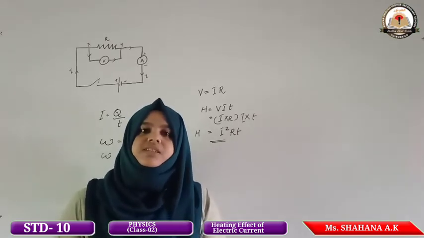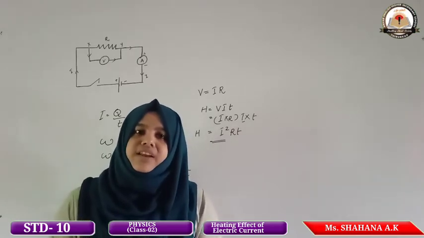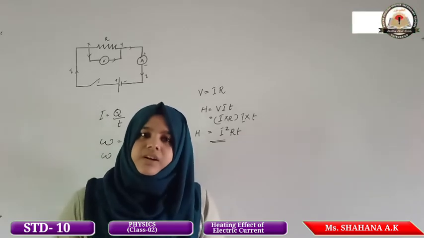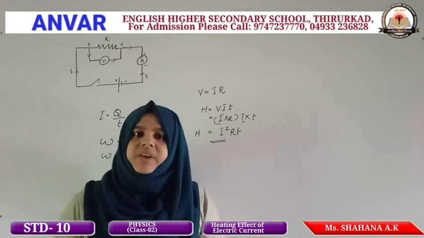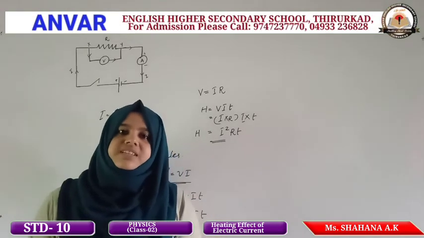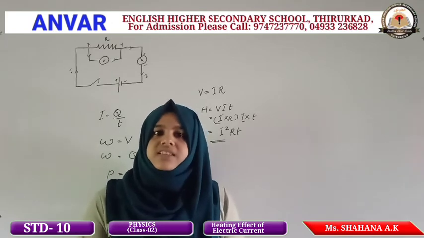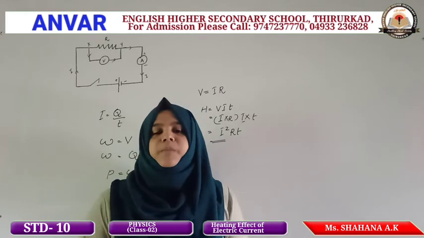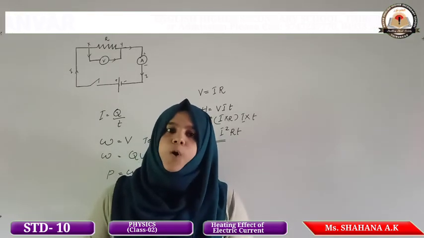So it is a process by which heat is developed in a circuit when current is passing through that circuit. That particular process is called Joule heating or ohmic heating. The famous English scientist James Prescott Joule studied more about this phenomenon. Thus, this phenomenon is known by the name of Joule: Joule heating or ohmic heating.